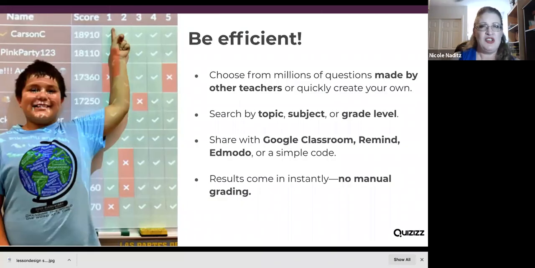You might have heard me mention this earlier. One of the nice things about this tool is that you don't have to start from scratch. You can build a quiz completely from scratch on your own, but there's actually a really robust bank of quiz questions. And from that bank, you can pull in an entire Quizizz activity into your account to use, or you